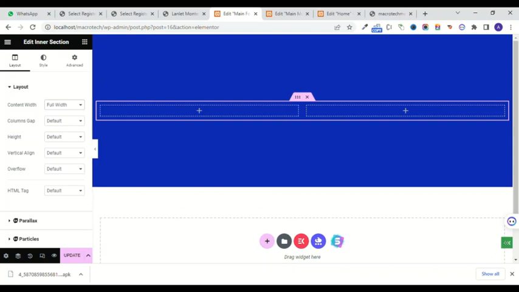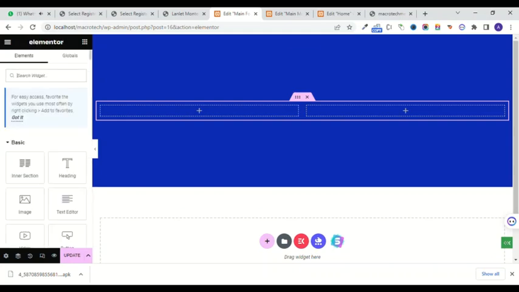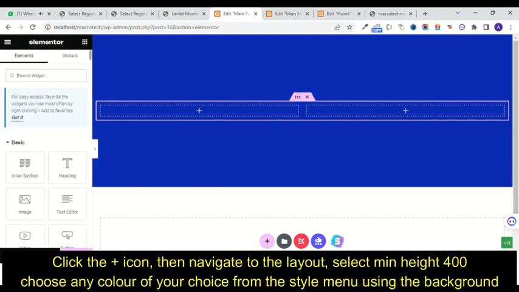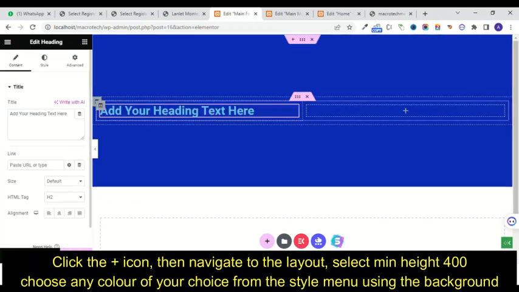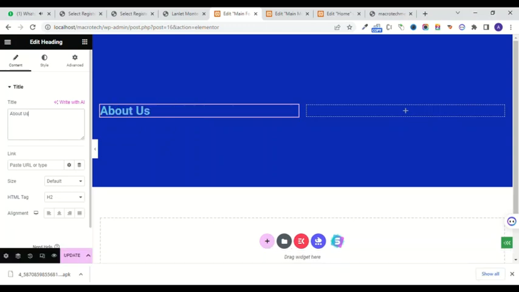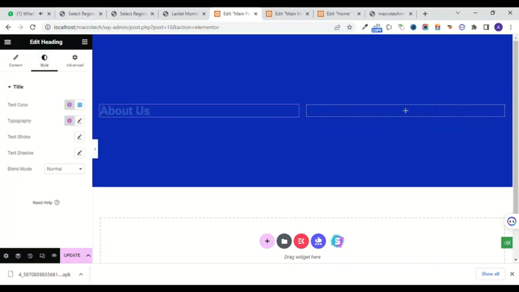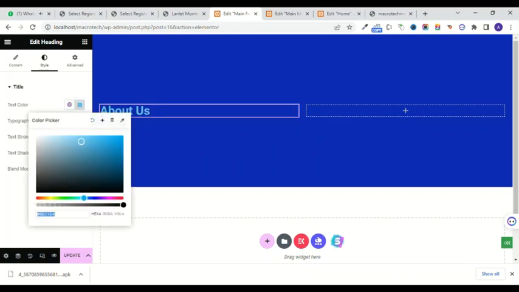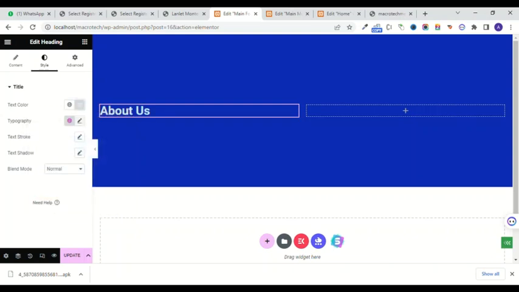Now I'll go back to that place, look for icon, or let me use heading. I'll call this one about us. I'll give the styling. I'll make the color white. The typography,